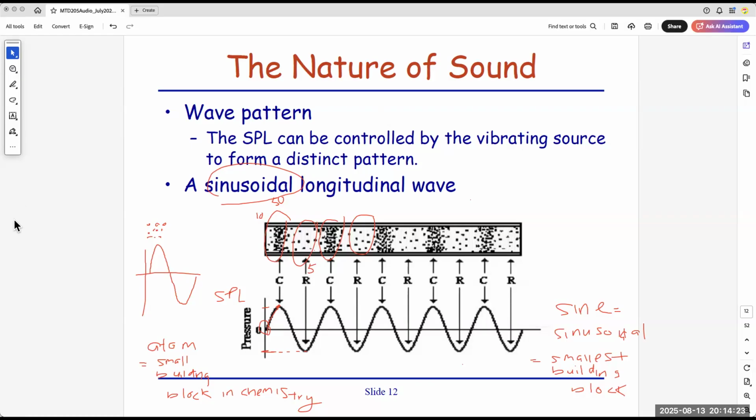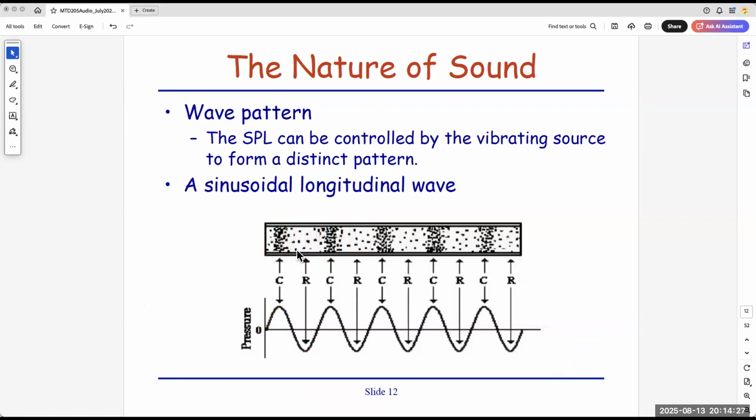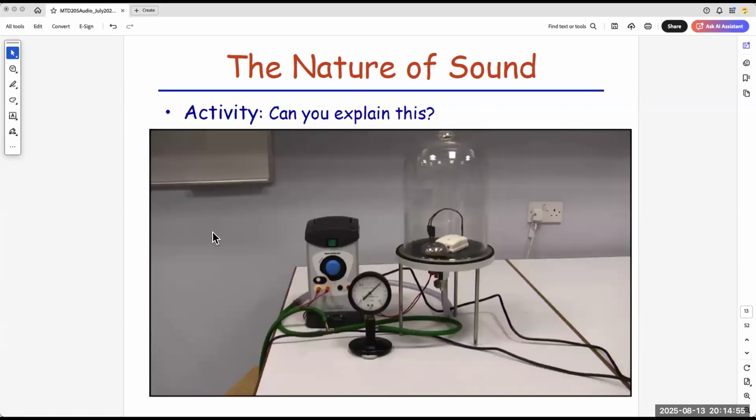Okay, good. Let's move on. Because of this compress, relax, compress, relax, it may need a sine wave, up and down, up and down. This may need a sine wave in terms of sound pressure. Later you can see how science is very fantastic, in that this sine wave can actually be represented in energy, in terms of an electrical signal. That is the coincidence that made our technology move so advanced in the 20th century.